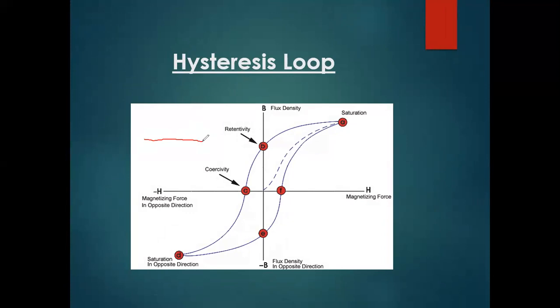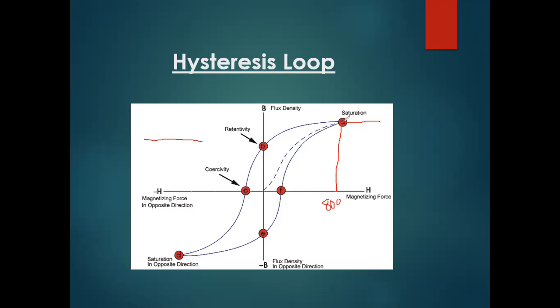If permeability is high, then the amount of magnetic field generated will be high. If permeability is less, then the amount of magnetic field will be less, even if you are increasing more current. Now look here. If you are increasing the current, the magnetic field increases. Suppose this current amount is 800 amps. After 800 amperes, even if you try to increase current, there is no change in the magnetic field. The magnetic field remains constant.